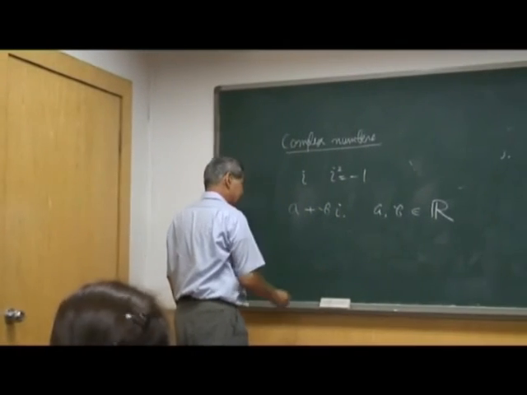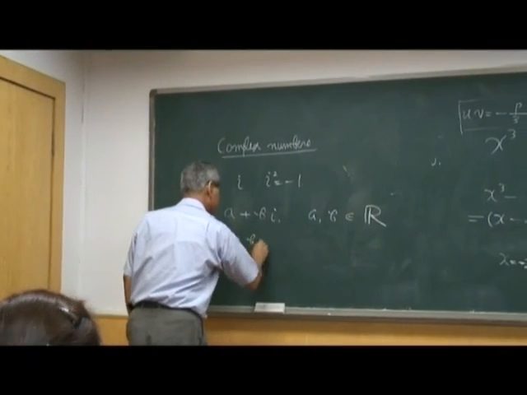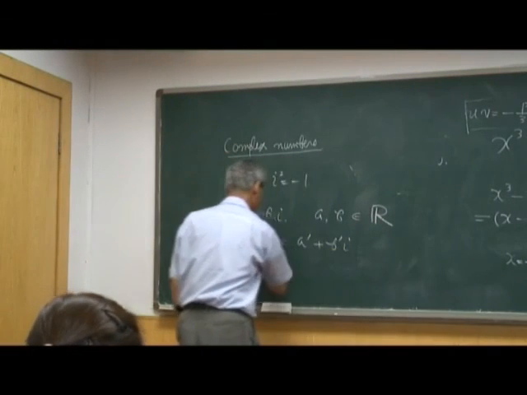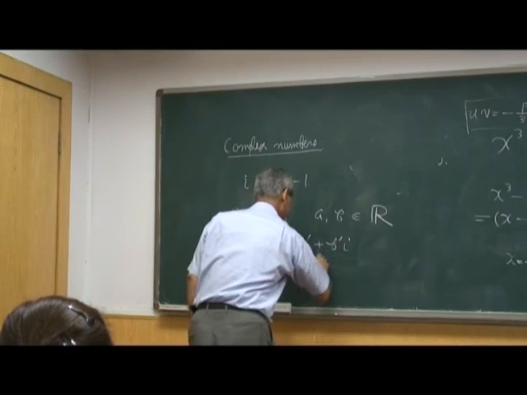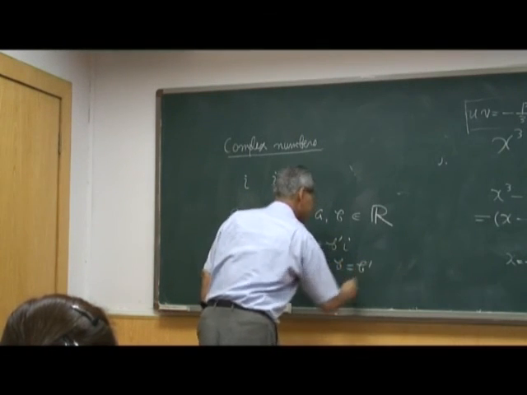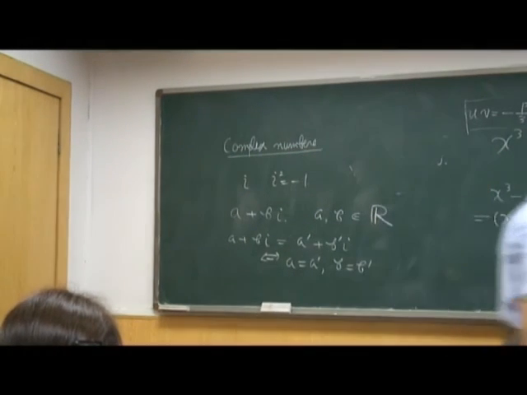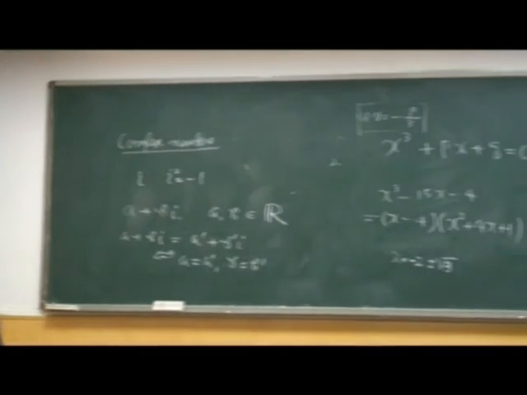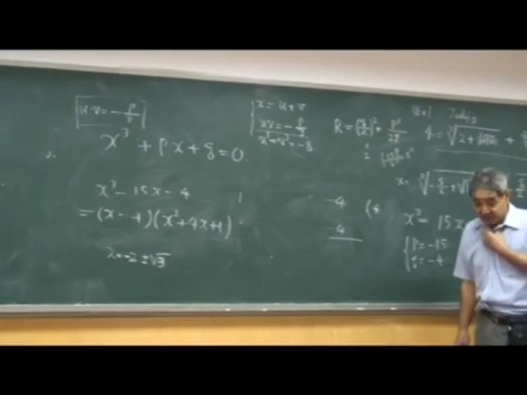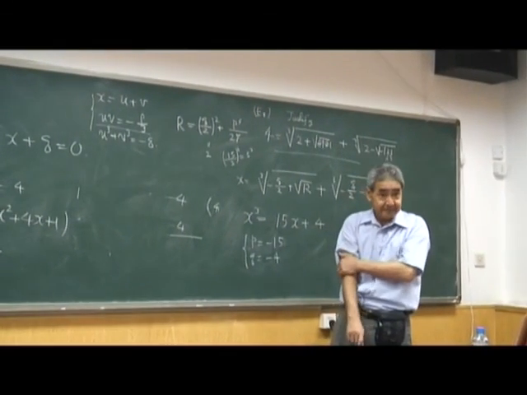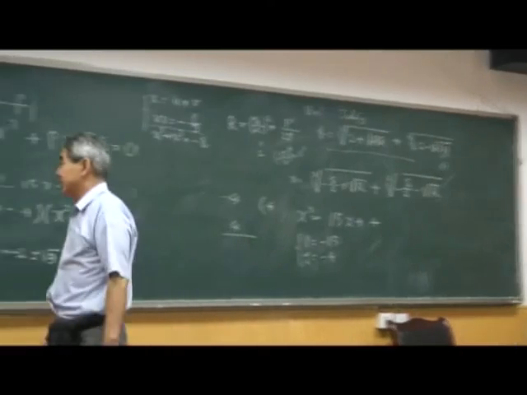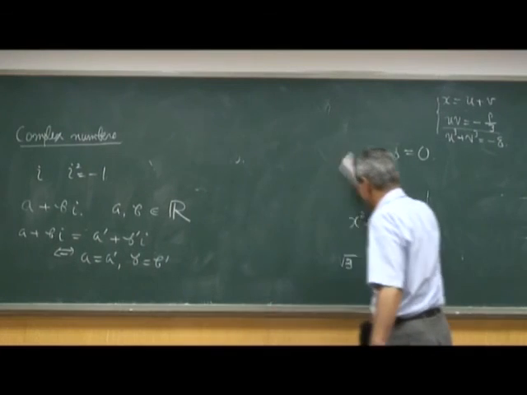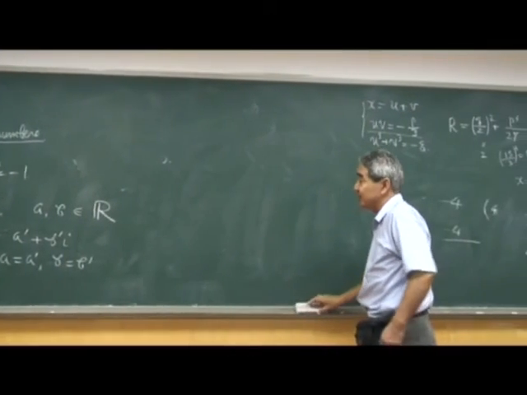And of course, you have to define that these two numbers are the same if and only if a equals a prime and b equals b prime. Such usual things you of course need. Then you can show that you can introduce addition and subtraction and multiplication and even division if the divisor is not 0. Okay, but complex numbers have a very interesting property. If you write the expression